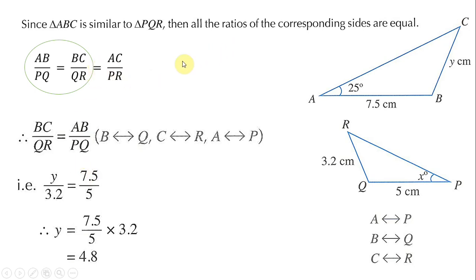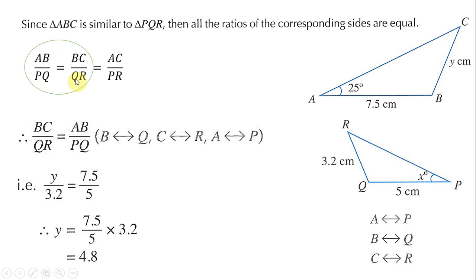In similar figures, the ratio of all the corresponding sides are equal. This is the rule for sides. Only these two ratios are used to form an equation. To find the value of the unknown, we use an equation. Take any two ratios to form the equation.